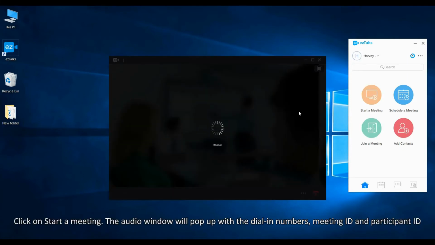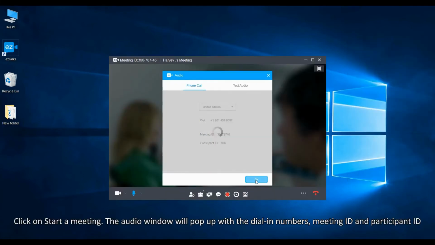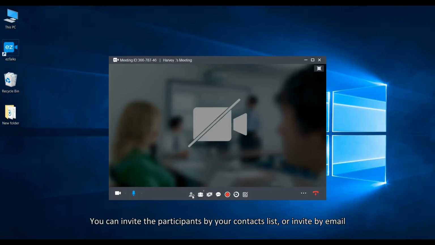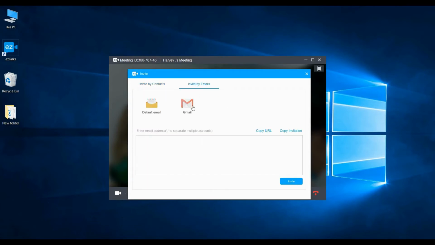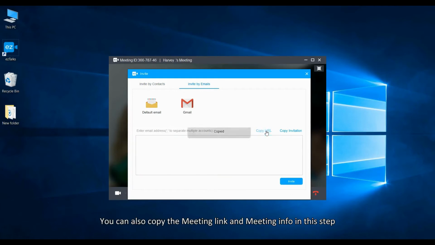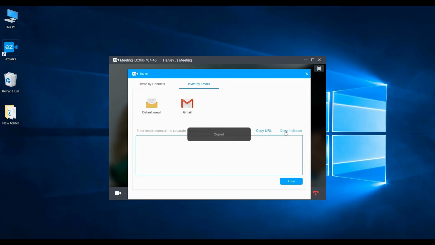Click on Start a Meeting. The audio window will pop up with the dial-in numbers, meeting ID, and participant ID. You can invite the participants by your contacts list or invite them by email. You can also copy the meeting info in this step